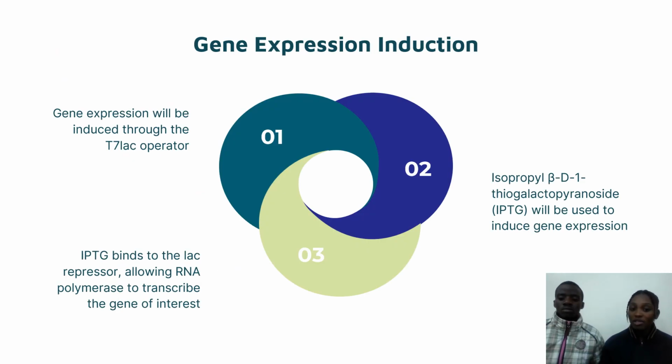So now that we have inserted the plasmid in the E. coli, what follows? Like, what happens inside the E. coli after the insertion of that plasmid? Thank you. When the plasmid is inserted into the bacteria, the plasmid which contains our expression cassette, now it will